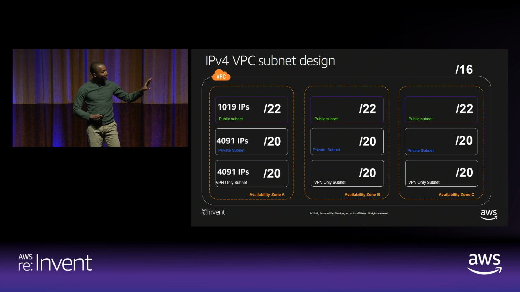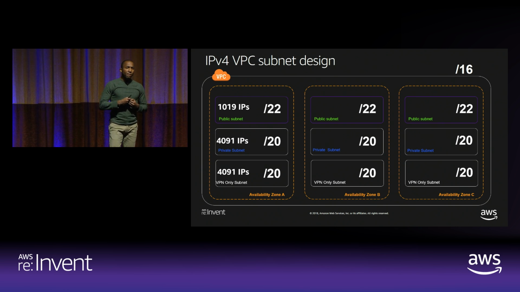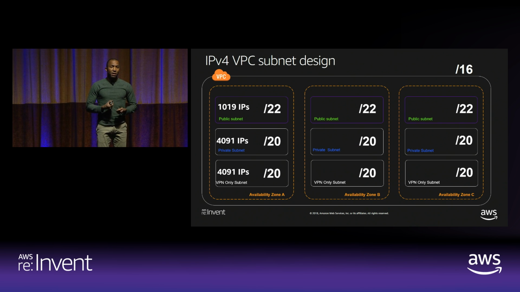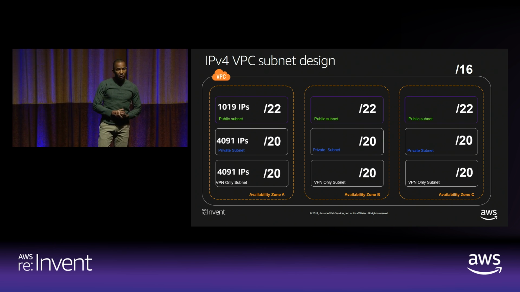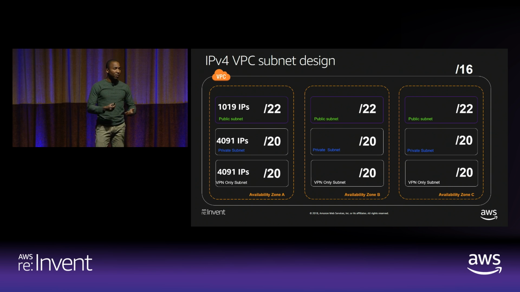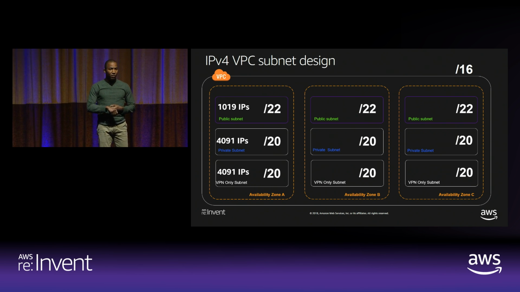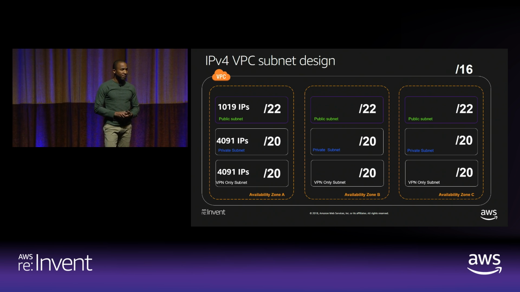Now, before I talk about the VPN-only subnets, let's talk a little bit more about the private subnet. For some customers, you have the need to update your machines, for example, which means you have to reach out to repositories that either exist within AWS, exist online, or some other area. Now, in order to do that, infrastructure that resides within the private subnet must have a means to access the internet. These resources fundamentally do not have an elastic IP address attached to them. So how do you get that access? Well, there are 2 ways.